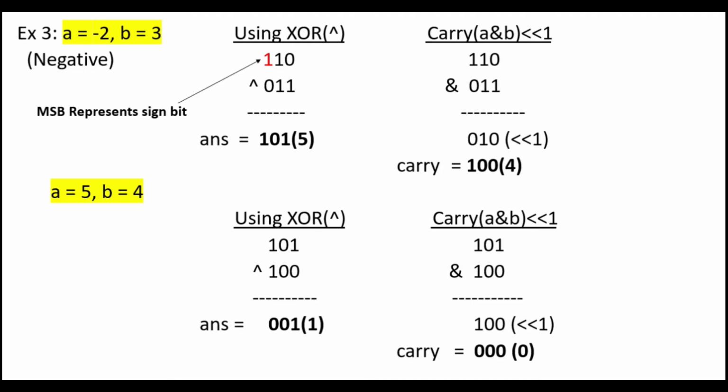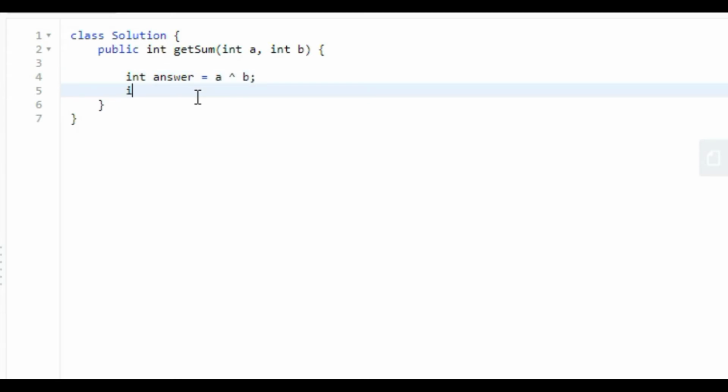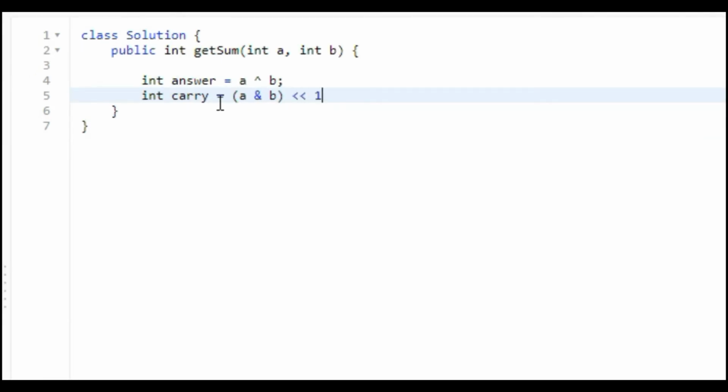Yeah, that is all. Let's code now. First we need int answer is equal to a XOR b, and int carry, right? So a AND b, left shifted by 1.